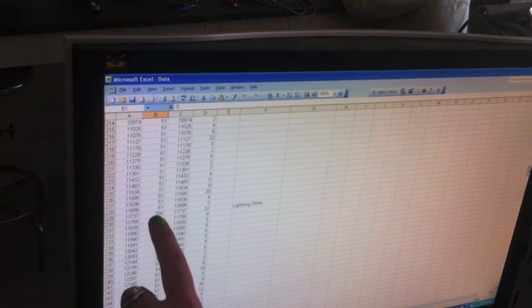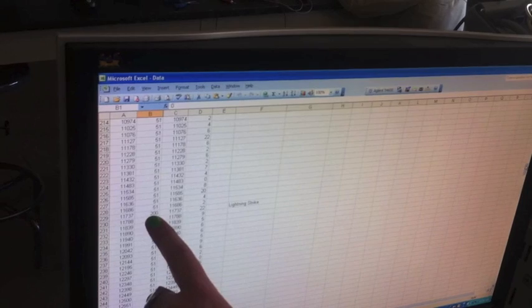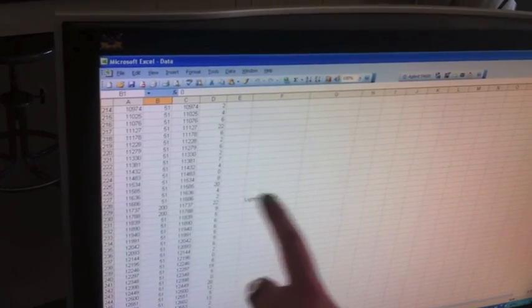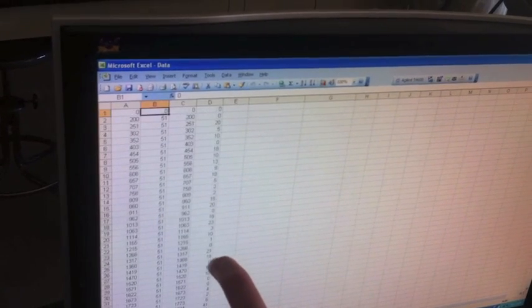Okay, we see that the intensity increased to 200 from 51, so that's when the lightning struck, and this is about 11 seconds, and we just added this little marker. And if we go back up,